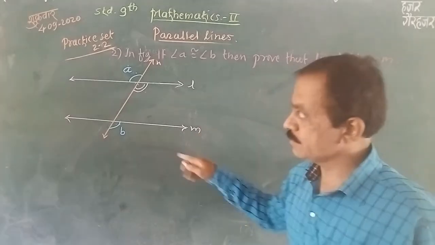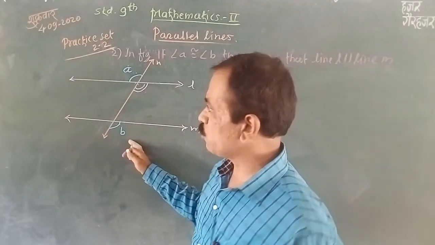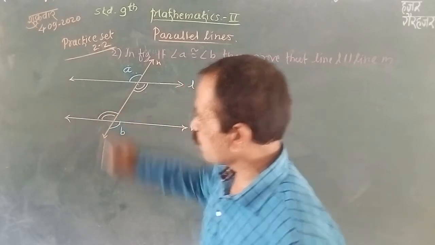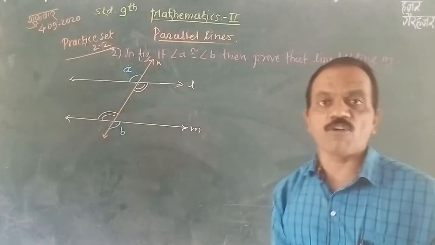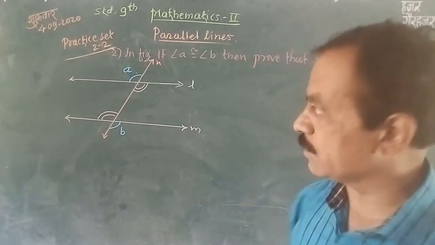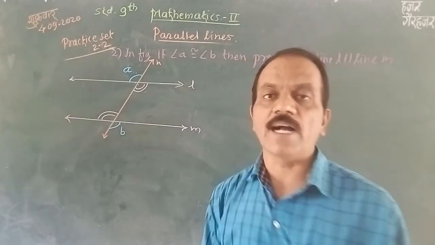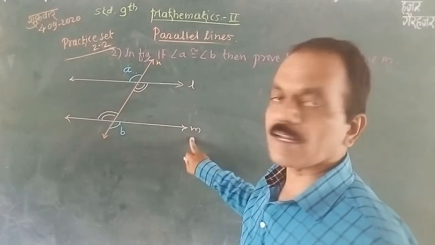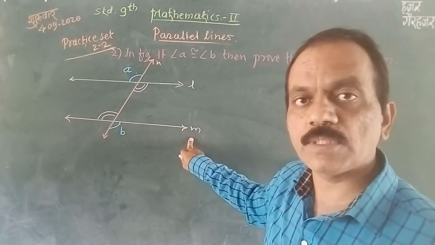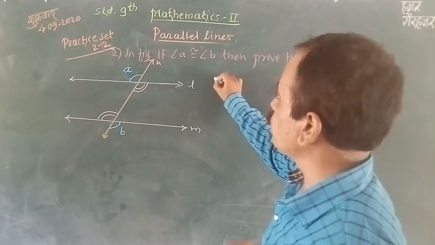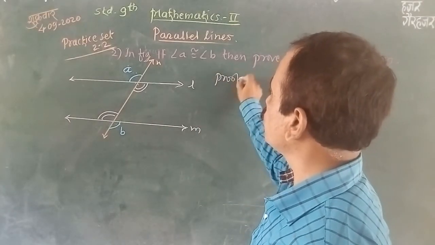Now we write any one of the things we have to use here. Angle B, this is also a vertically opposite angle of that, and these two angles are formed as alternate angles, interior alternate angles. And we use the alternate angle test: where the angles are congruent, then the lines are parallel. So you have to use any one thing here. Then we write the solution or proof of that. Proof.